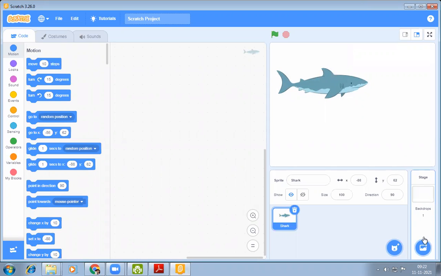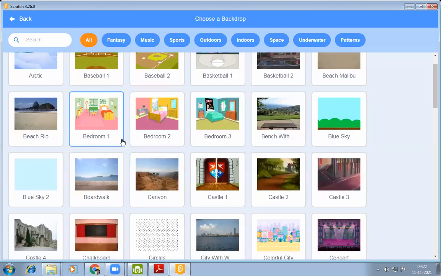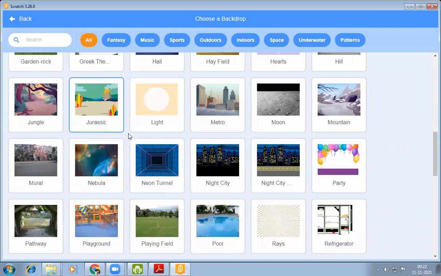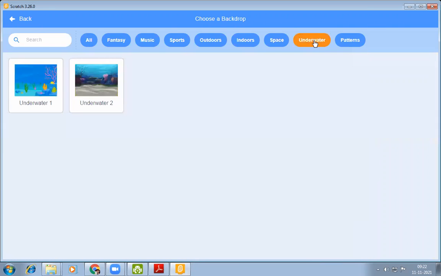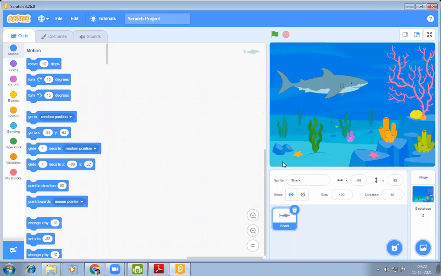To change the backdrop, at the bottom right corner of your screen, you can see choose a backdrop. You have to click on it and you can scroll down or you can click on underwater. Then you have to click it again.